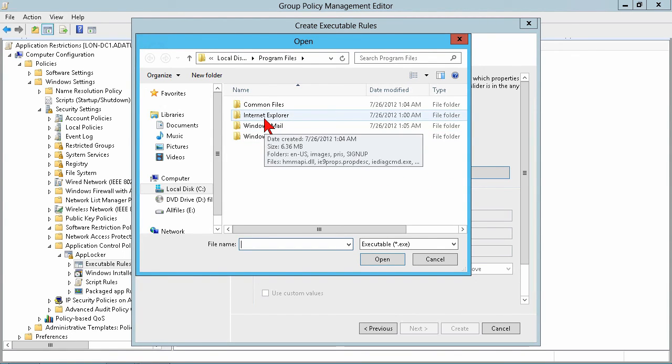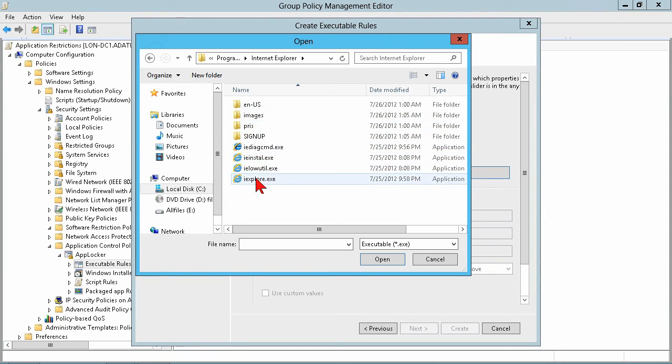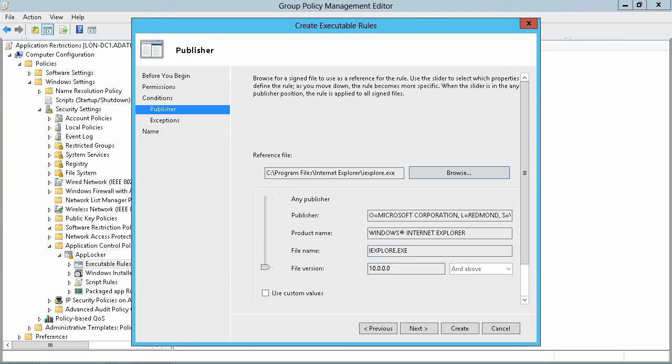Now, I'm limited here as to the executables that I have, so we'll just use Internet Explorer for an example. But then it reads the information out of the digital signature on the file. So see, with a hash rule, you're pointing at an executable, and then it's going to build a hash based off of that file. If anything about that file changes, like a new version, you got to get a new